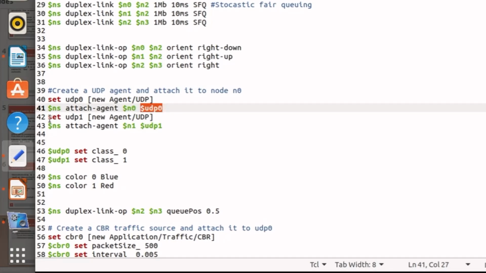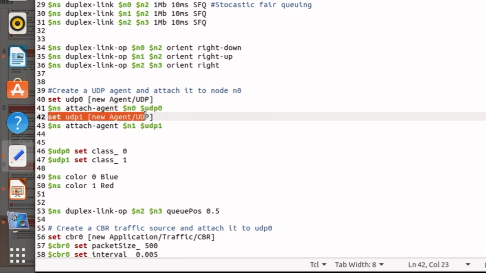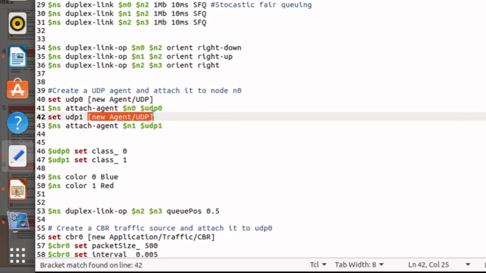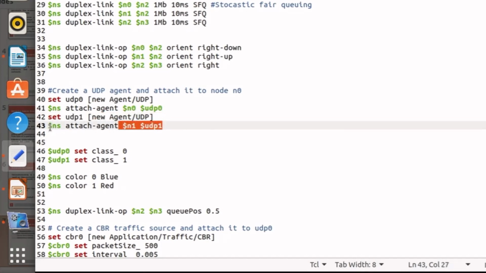Now again we are setting another variable UDP 1. It is also showing a different UDP agent, and this UDP 1 is connected to node 1. This is the command for that, ns attach agent N1 to UDP 1.